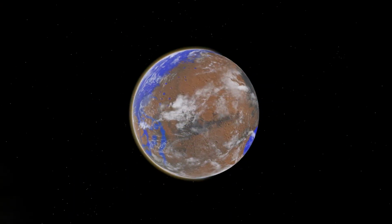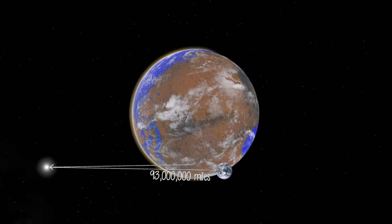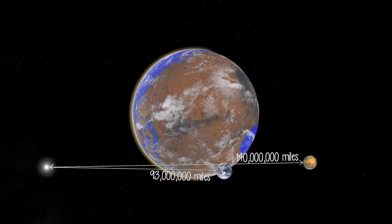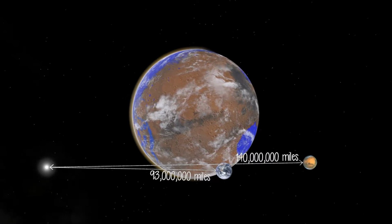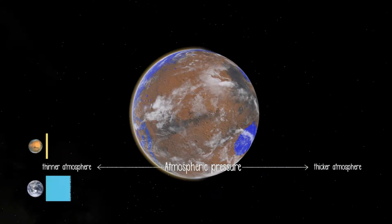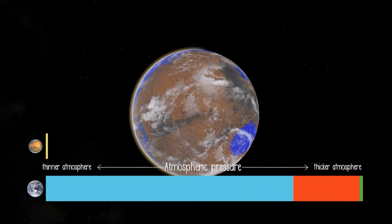Just what happened to all of that water on Mars? Scientists have a few ideas. For one thing, Mars is farther than Earth from the Sun, so Mars gets less of the Sun's energy, the first ingredient in the Cosmic Climate Cookbook. More importantly, Mars's atmosphere, the second ingredient in the Cosmic Climate Cookbook, is very thin today when compared to Earth's